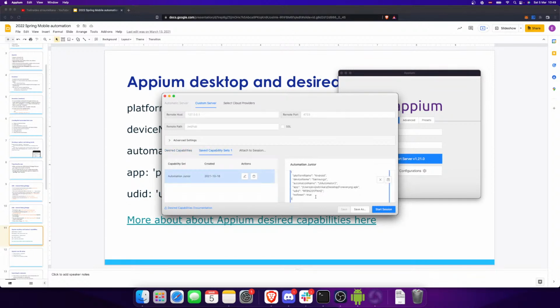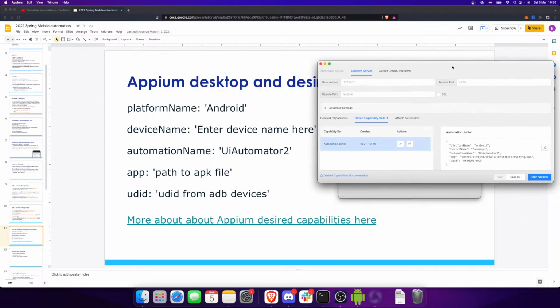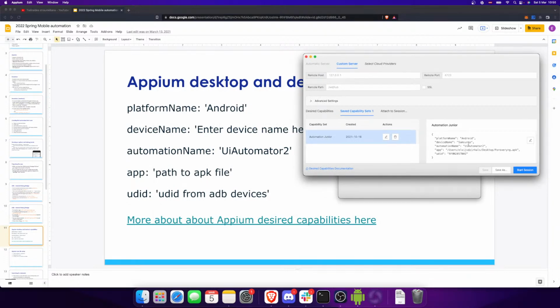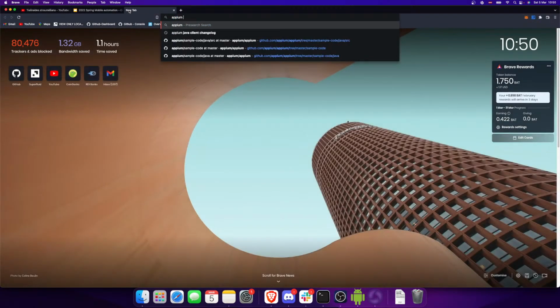So what we have to set, the rest actually is fine for me. What we have to set up is the capabilities of the device and the server. These would be the minimum ones that you actually need. There's a bunch of things you can set, so maybe if you want the application to not be installed, or you want it to be installed every time, or if you want your Wi-Fi to be on or off, a bunch of things. If you want to take a look into it, you can search Appium desired